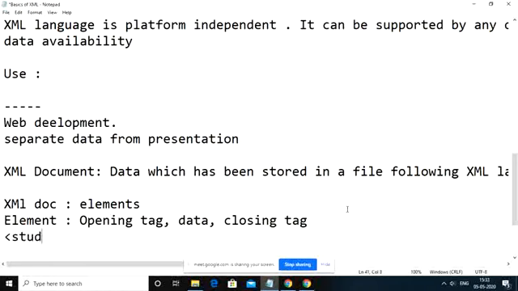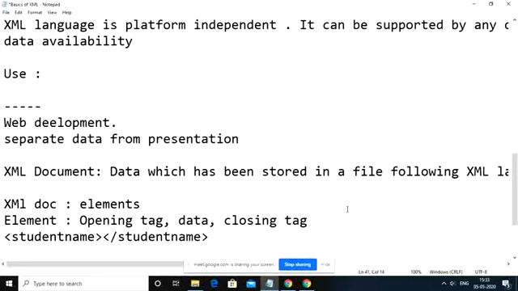So let us say you have student name. This is one tag. If you observe here, you have opening and closing angular braces, and in between you have some text called student name. This one is an opening XML tag. Then followed by that, we have slash student name, which is your closing XML tag.